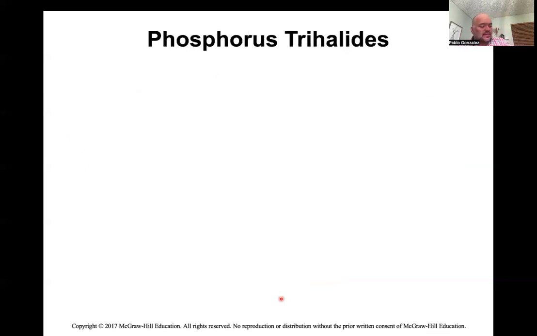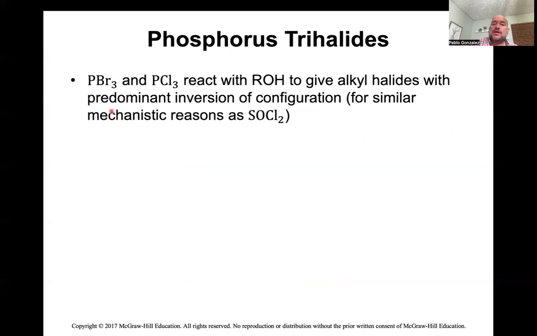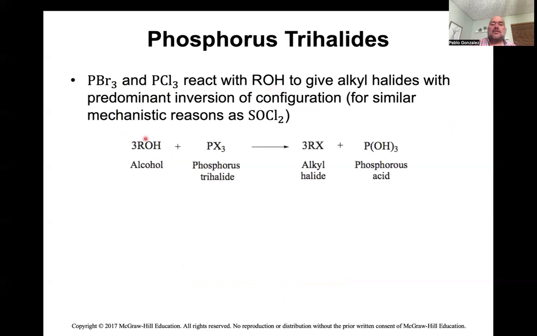Another way to make alkyl halides is using phosphorus trihalide. This is basically PBr3 or PCl3, and both of them are going to produce alkyl halides. If you need to add a bromine, you can use PBr3. If you need to add a chlorine, you can add PCl3 with the alcohol. So here we have 3 ROH with the PX3, that could be chlorine or bromine, to produce three alkyl halides and